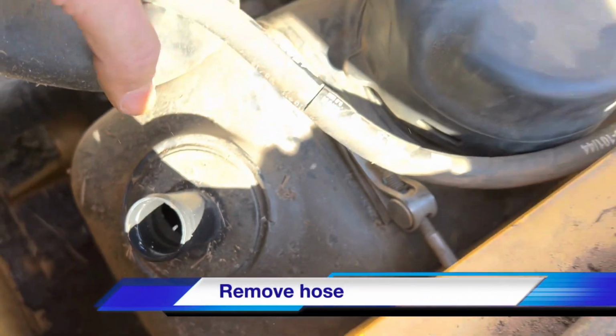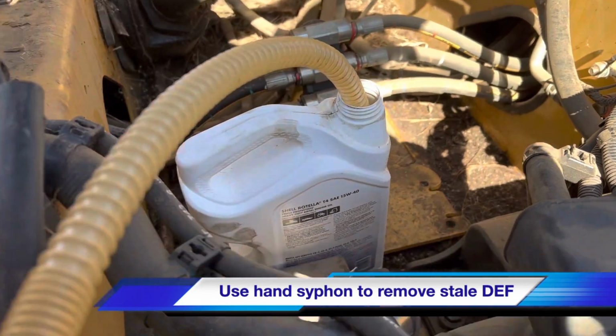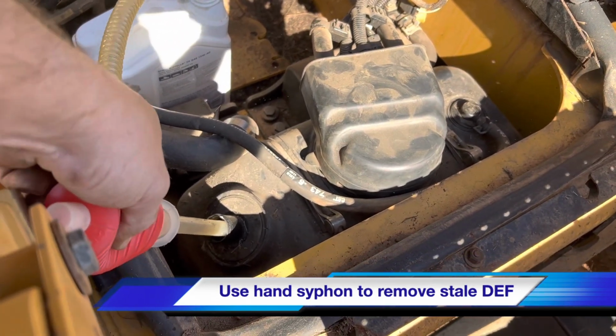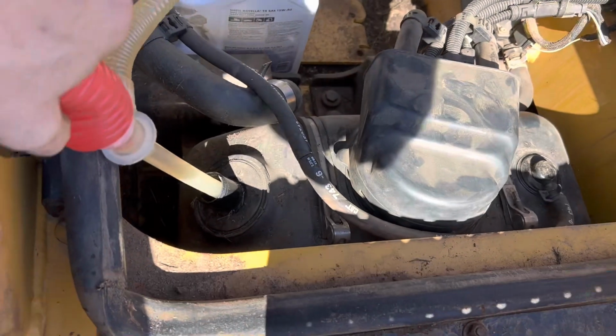And then you're going to get a siphon of any type, and a spare jug, and just pump that out and properly dispose of the stale DEF. Now remember, this DEF has a 3-month shelf life, and it's just get it out of there and get fresh